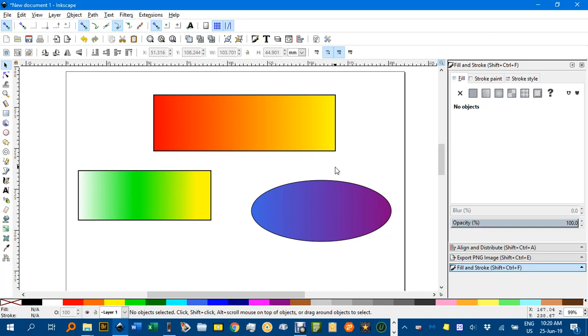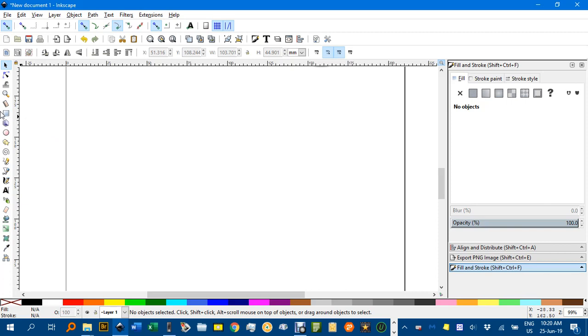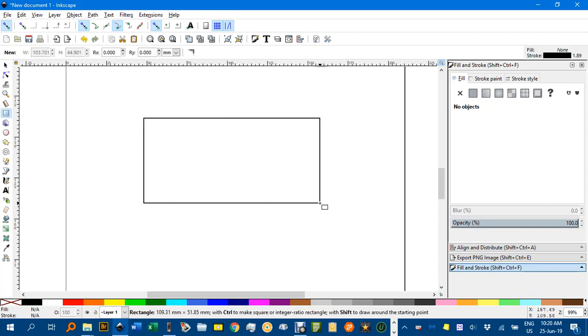Just a short tutorial to show how to apply a gradient fill to an object. So I'll show you that now. Let's just create a simple rectangle, and to give it a gradient fill we open up the Fill and Stroke menu, Control-Shift-F. This dialog box here will appear, and one of these two icons here, this is a linear gradient,